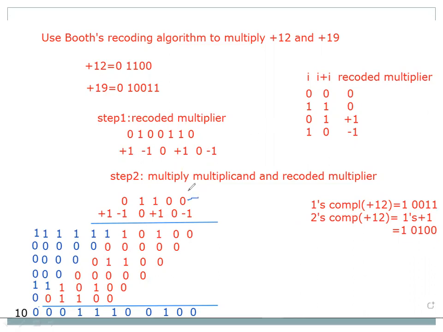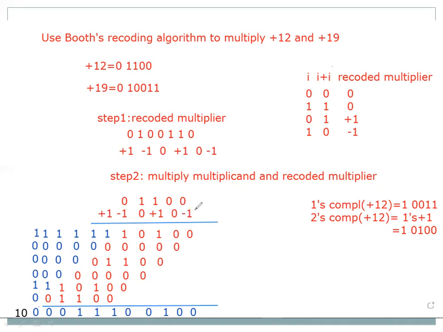So the first row represents the multiplicand. The second row represents the recorder multiplier. You are going to start filling this row using the recorder multiplier from right to left. That is, minus 1 is the first LSB here. What about your next value? It is 0. The next value is plus 1. The next value is 0. And the next value is minus 1. And the last value is plus 1. In this way, you have to fill the recorder multiplier for the multiplication.